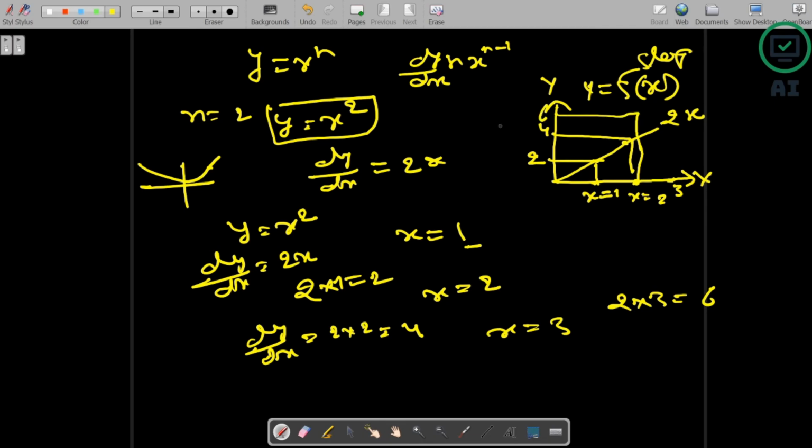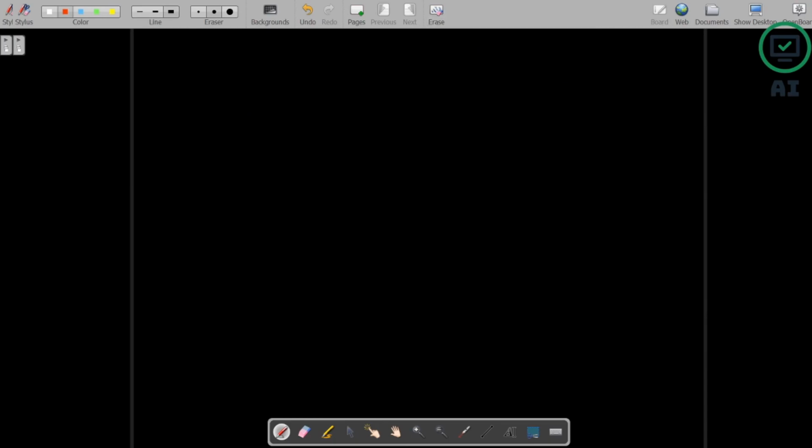Now you would have understood that we had function 1, which was y equal to x squared, and then we got another function, which is the slope of the function y equal to x squared, and we are here to establish the relationship between these two. Now let's take one example, y equal to sine x. What is the differentiation of sine x? dy by dx equal to cos x.